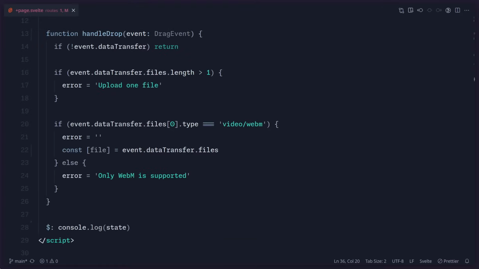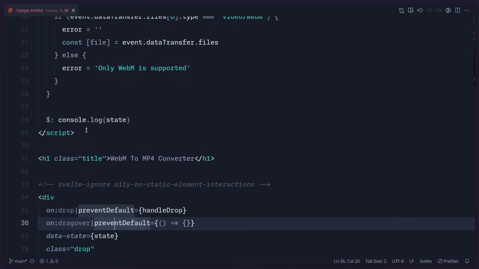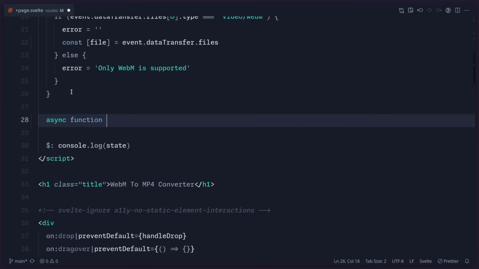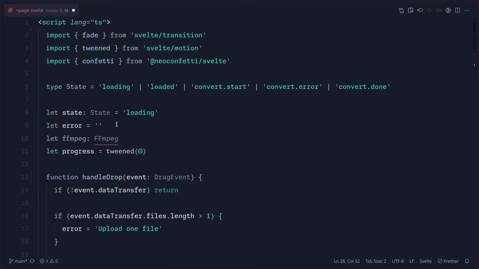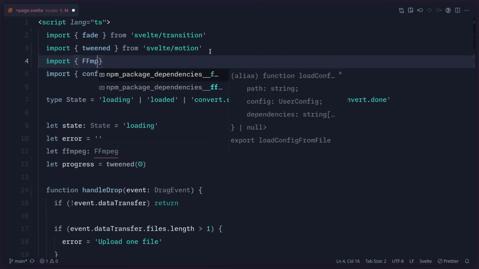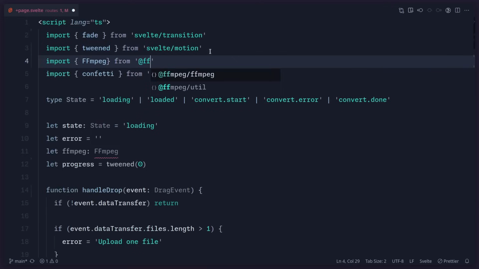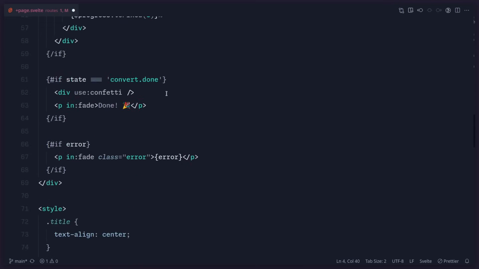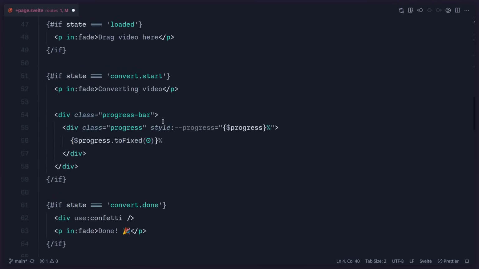Alright, so the first thing we actually have to do is initialize FFmpeg. So I'm going to create this simple function, loadFFmpeg. That's going to be it. So now let's go to the top and I can load FFmpeg here. I can say import FFmpeg from FFmpeg. Awesome. So now we have this imported. And now when we go to our function here,